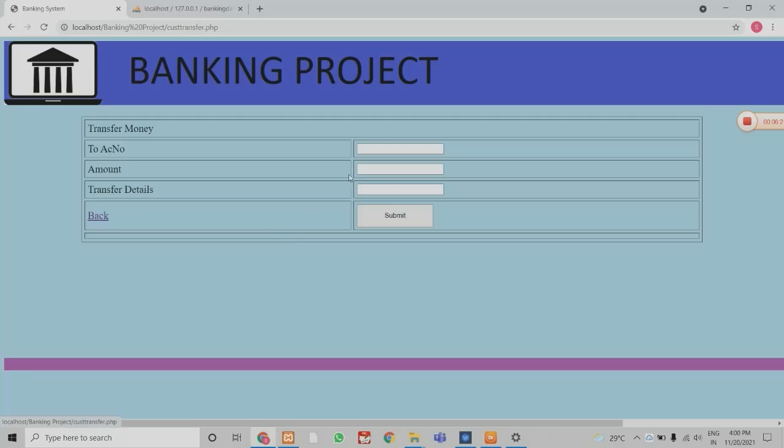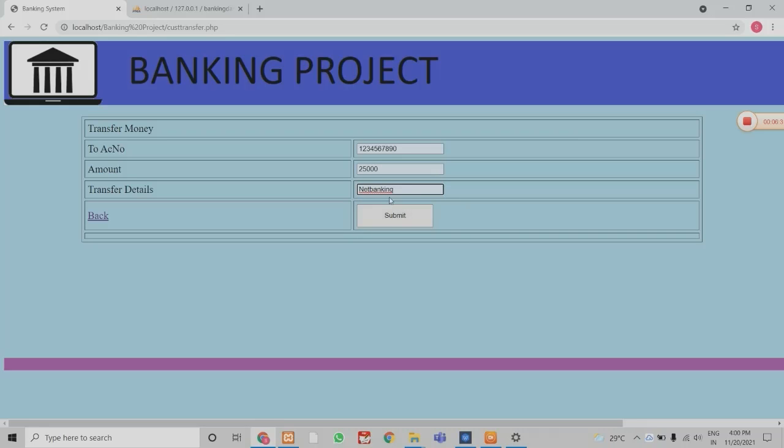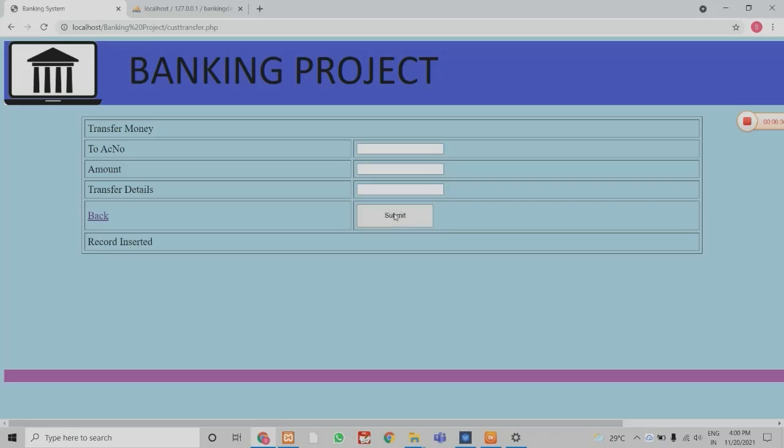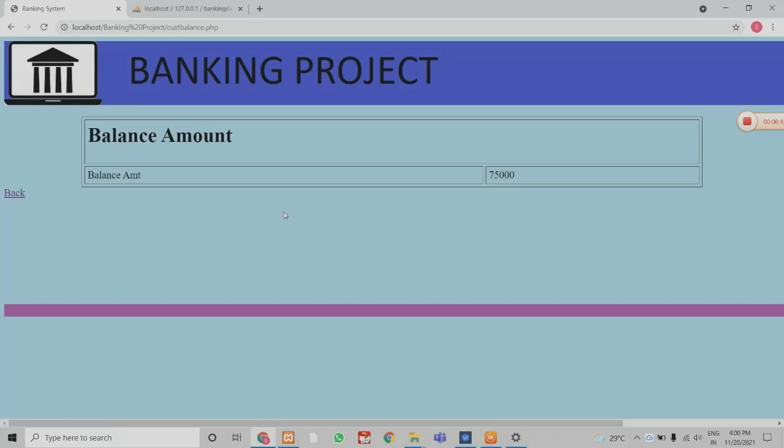If you want to transfer money online from one account to another account, you can do so. Enter how much amount you want to transfer, using net banking or online transaction. After clicking the submit button, the record is inserted. Good. When you click back, it will come back again. Now you can see how much money is left in your account.